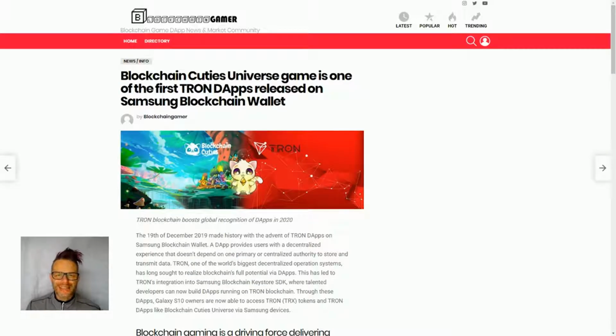So the news we're looking at today is that Blockchain Cuties, or Blockchain Cuties Universe, as it's now called, is one of the first dapps on TRON to be supported through the Samsung blockchain wallet. So here's just a press release talking about it. Actually, on the 19th of December, it's telling us that TRON dapps were supported for the first time on